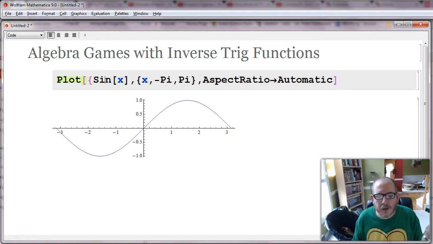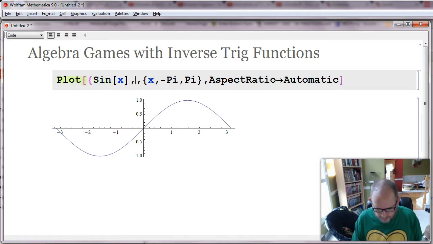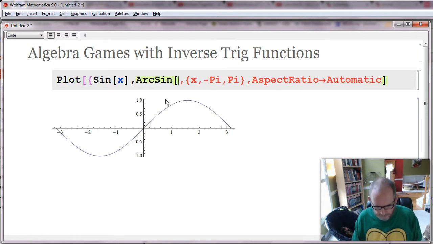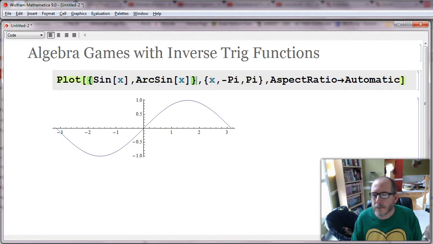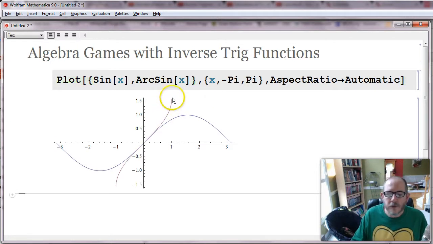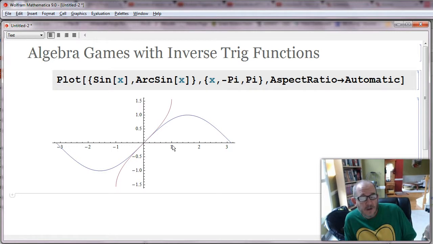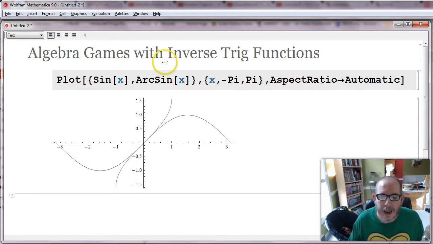So let's throw in there arcsine, or sine inverse. So the maroon one is the arcsine, and notice that it goes from minus 1 to 1, so that's the domain of arcsine. While the domain of sine is all real numbers, the domain of arcsine is just minus 1 to 1. Why? Because arcsine is the inverse of sine, so its domain is the range of sine,